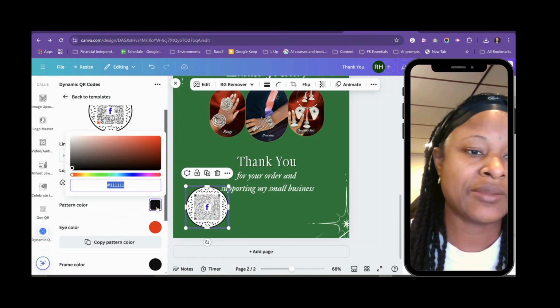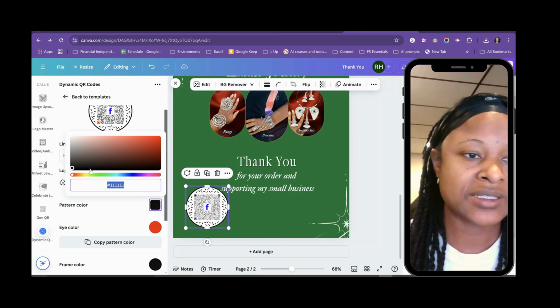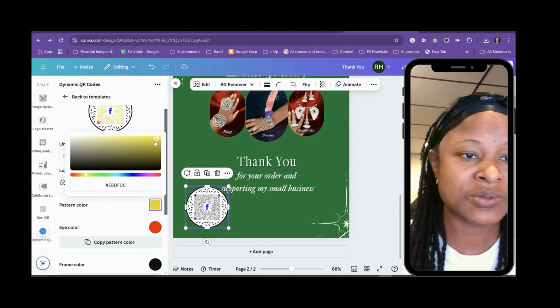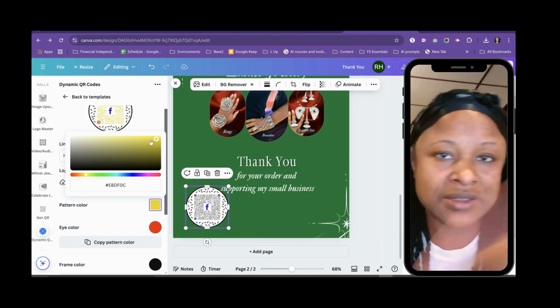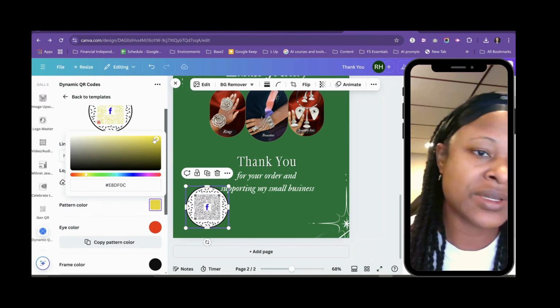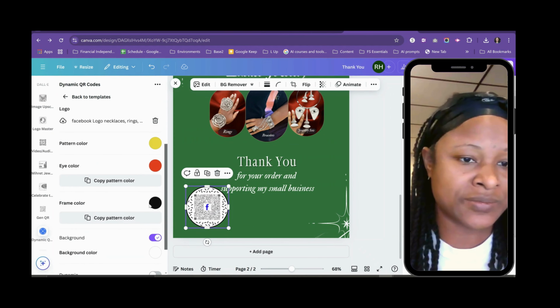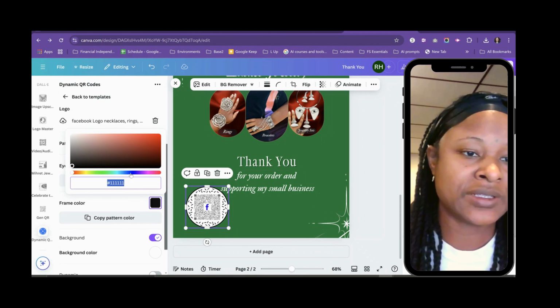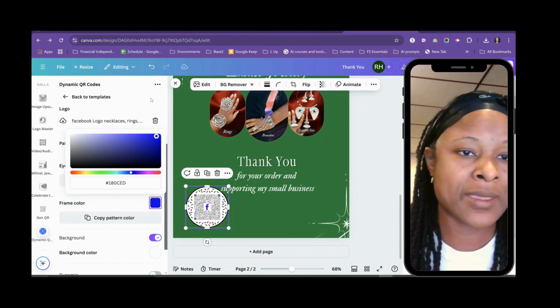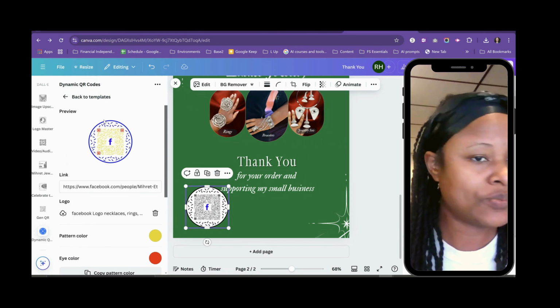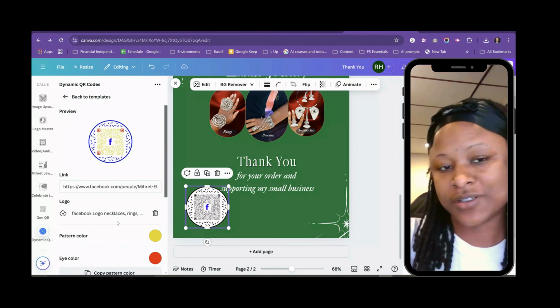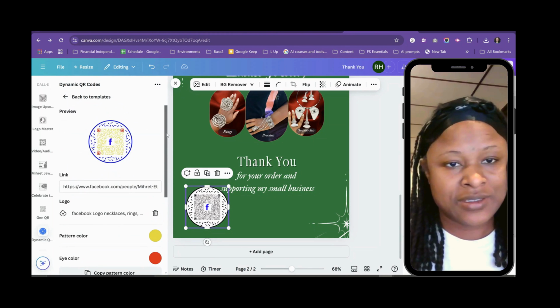Okay. And then the pattern color, if you want to change that, let's say yellow, so we can see what the pattern color looks like. That's the pattern. Change it to yellow. And if you want to change the frame color, let's choose blue for that. That's the frame around. So you see the different colors. These are the things that you can change